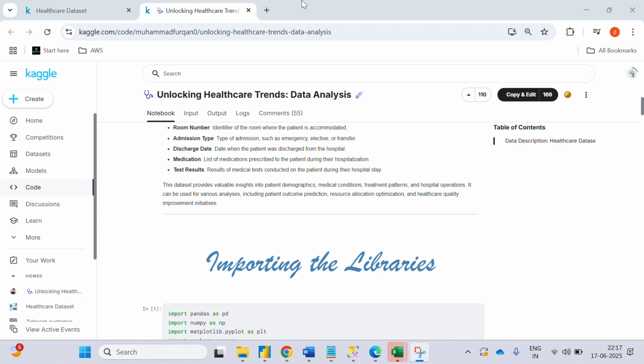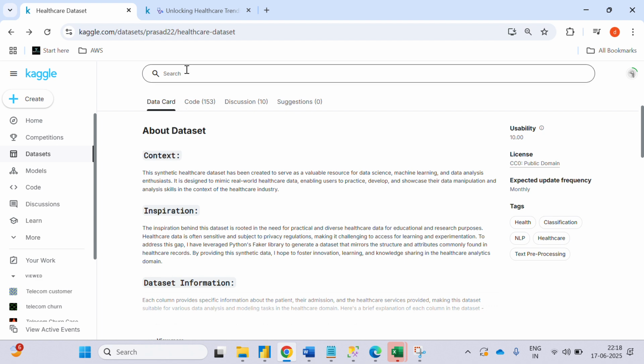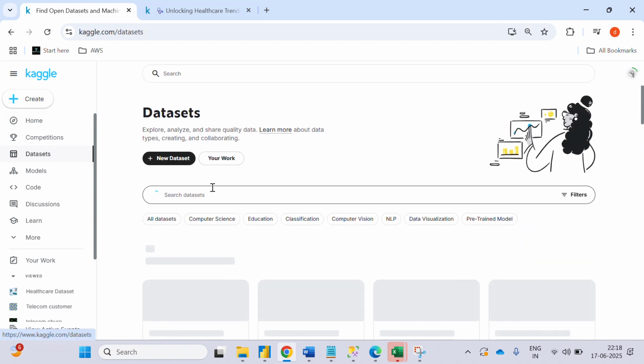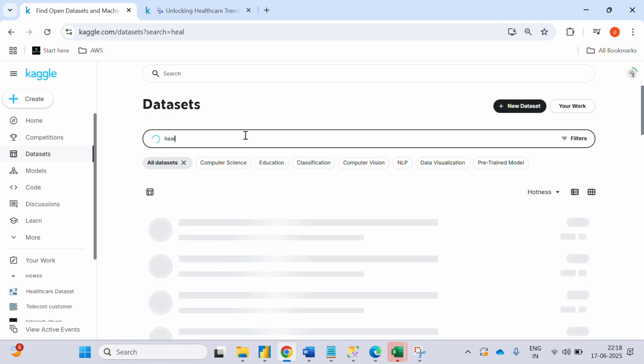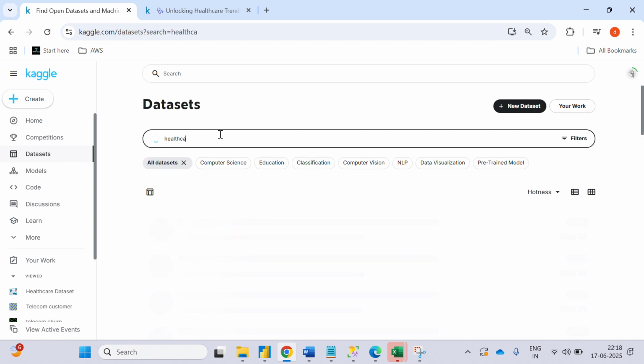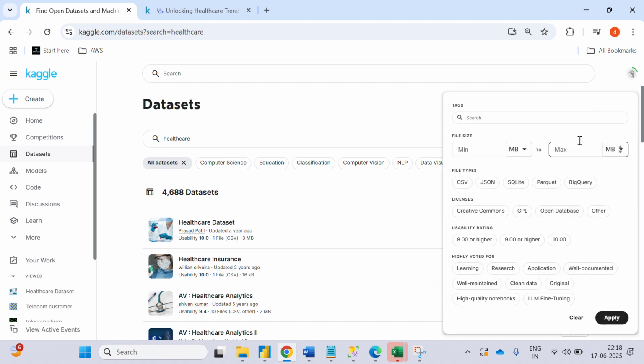After that, suppose you choose this healthcare dataset and go back again. Again go to the dataset option here and click on all datasets. Suppose again I want healthcare data. Just choose healthcare as the main title. After that here is the filter option. The filter means file size. Suppose you want more than 50,000 rows, or 30,000 or 40,000 rows, and more than 10 or 12 columns. So just give this